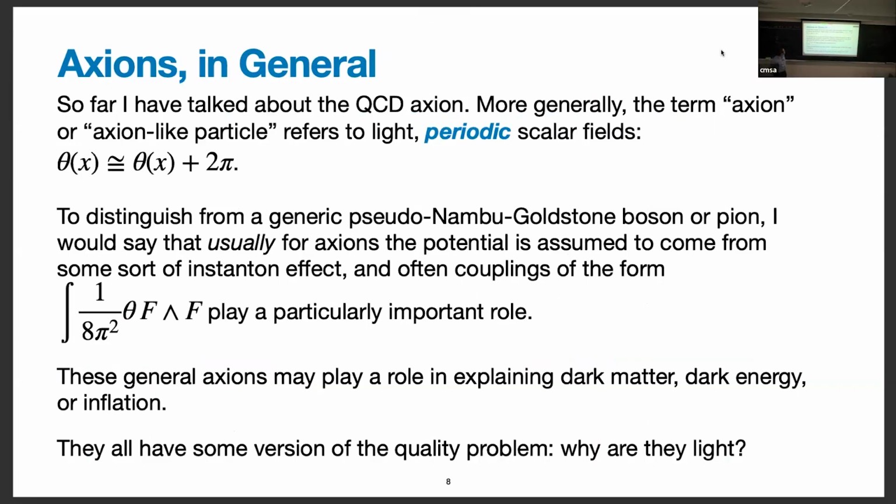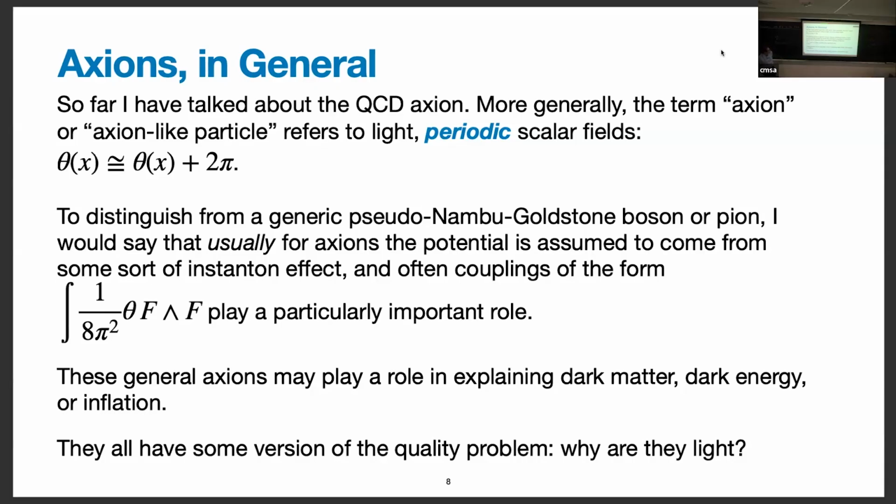Let me come back to that in a moment when I tell you about what I think is actually a good solution. First, I want to give a kind of disclaimer. I'm talking about the QCD axion. That was the original one. But there are also axion-like fields. So if somebody uses the word axion, they might not mean something that solves the strong CP problem. They might just mean some other periodic scalar field. We don't tend to call things like the pion an axion.